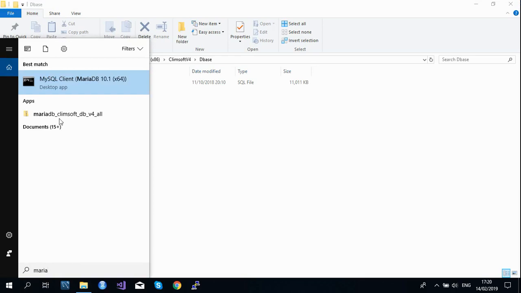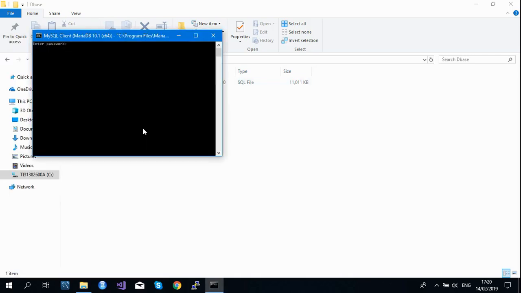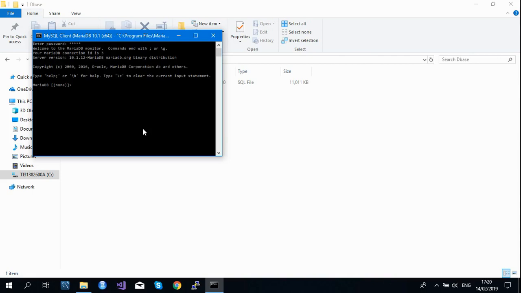As you can see on top here, there is this MySQL client, but between brackets there is MariaDB 10.164. So you need to click this one, and then you put the password for the root. Remember the password you assigned to the root user. So my password here is this one. Now it is opened, but you put the command called source, you leave a space,